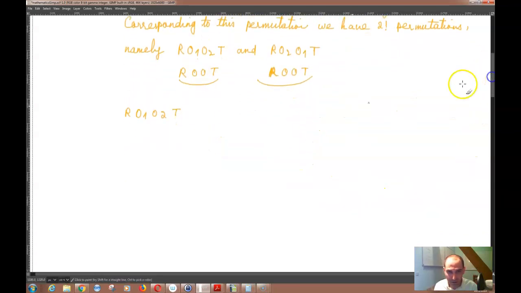I have this word over here. Now temporarily I have treated O1 and O2 as different letters. Now supposing that O1 and O2 are different letters,